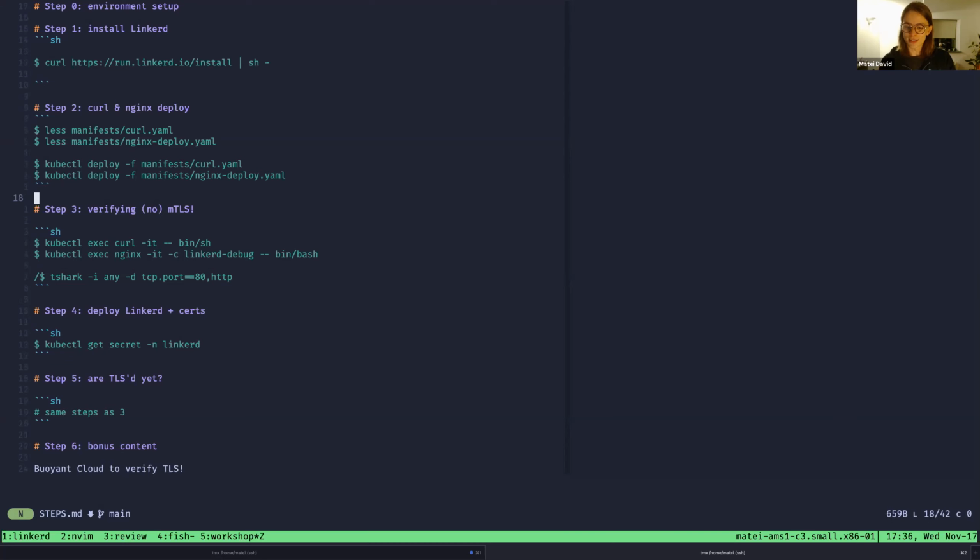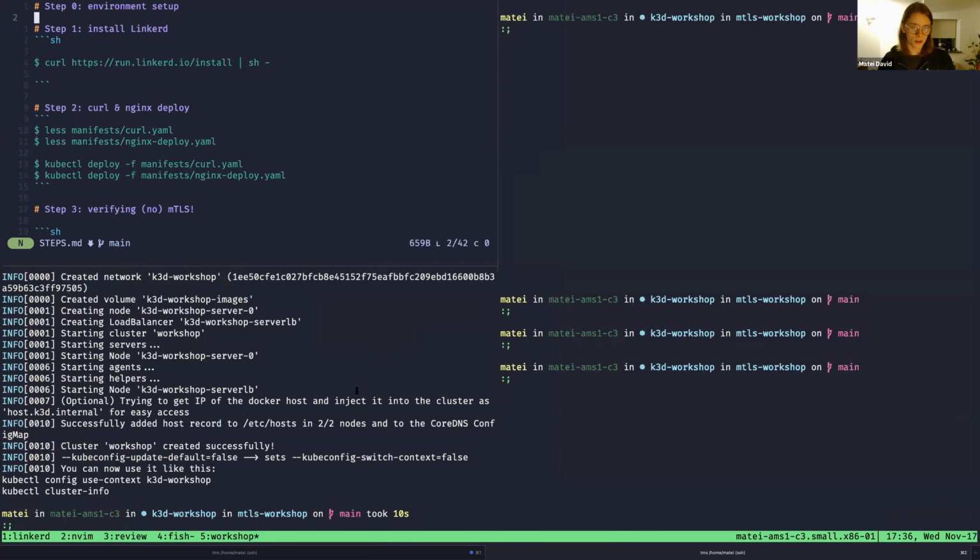But anyway, I digress. So I hope all of you had a bit of time to set up your environment. These are the steps that we're going to do. We're first going to install Linkerd. We're going to deploy some example applications. We're going to verify that there's no TLS between them. Then we're going to deploy Linkerd, and we're going to check TLS again, and we're going to do all of this with T-Shark to capture and decode the packets. So if you're all ready,